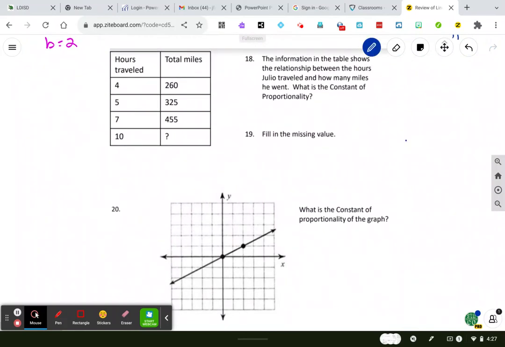All right, let's look at number 18. Number 18. The information on this table shows that there's a relationship between the number of hours that Julio traveled and how many miles he went. What is the constant of proportionality? So what we've kind of done is we've given you